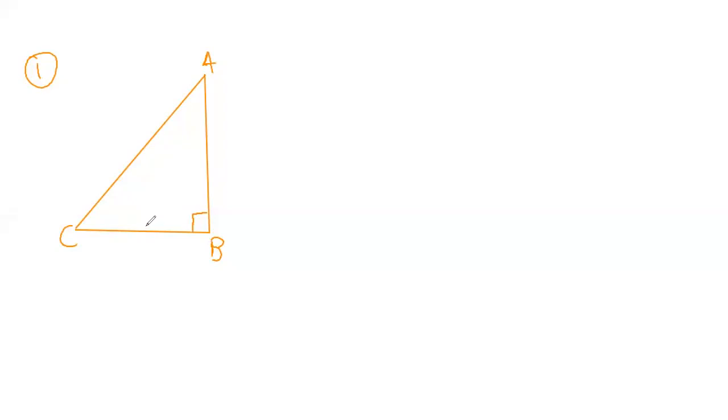That is, the base is 4, the perpendicular is 3, and the h is, that is the side opposite to the 90-degree is known as the h, that is hypotenuse. So the first question is asking us to find the sine A. So with respect to angle A, tell me sine, that is perpendicular upon hypotenuse. So we'll rearrange the triangle